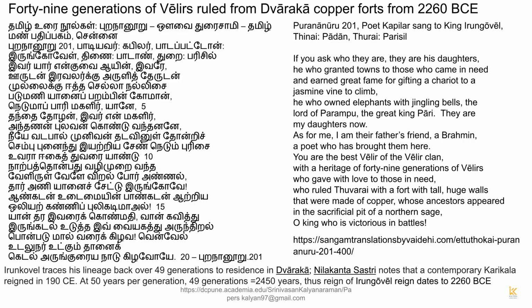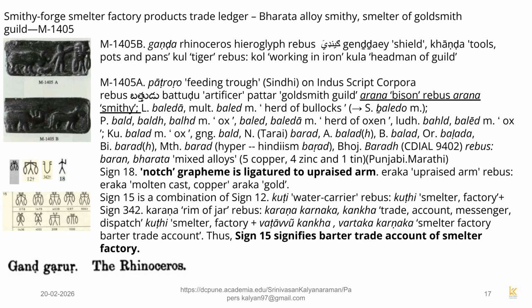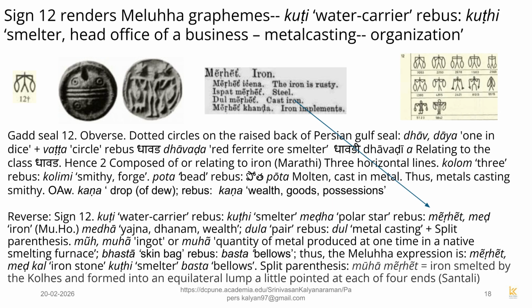GAD Seal 12 signifies a goldsmith guild trade account for cast iron ingots, referencing graphemes like the water carrier rebus for smelter. The Indus Script cipher was developed for trade documentation, reflecting the need for a standardized accounting system, Karanam, when inaccuracies arose. This slide contains Tamil commentary on Purana Nuru 201, detailing the history and lineage of the Velir rulers